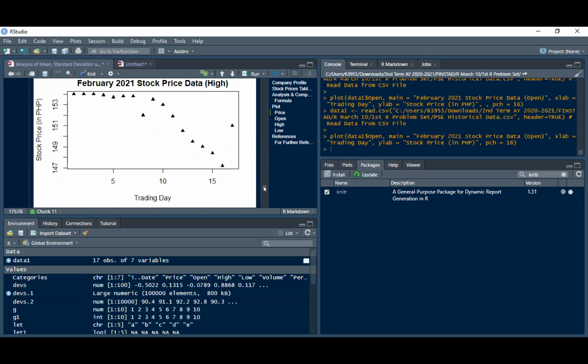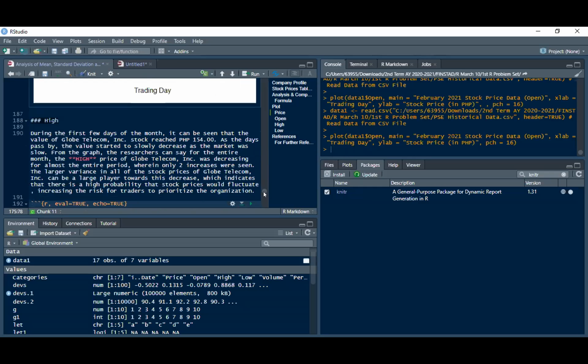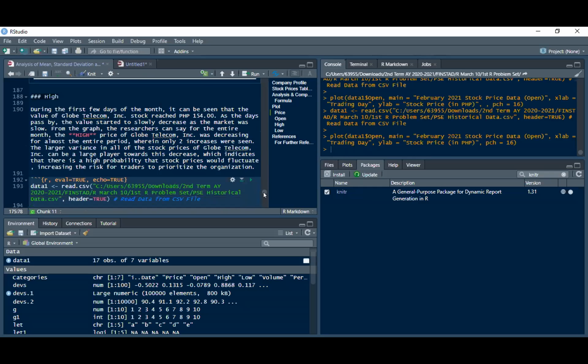Again, it's similar to the previous plot. So plot data high. And then for the x-axis, it's the trading days. And then for the y-axis, it's the stock price in Philippine peso. And then after that, we put another short interpretation about it. So basically, it just tracked the highs of the stock price per day. And it was also seen that it was decreasing throughout the month with minor fluctuations that you can see sa